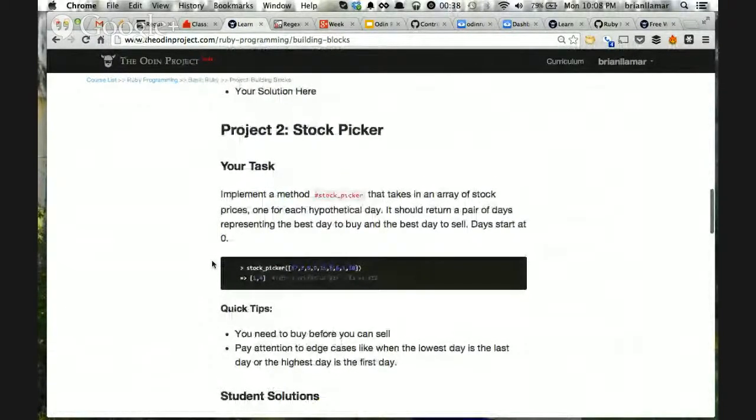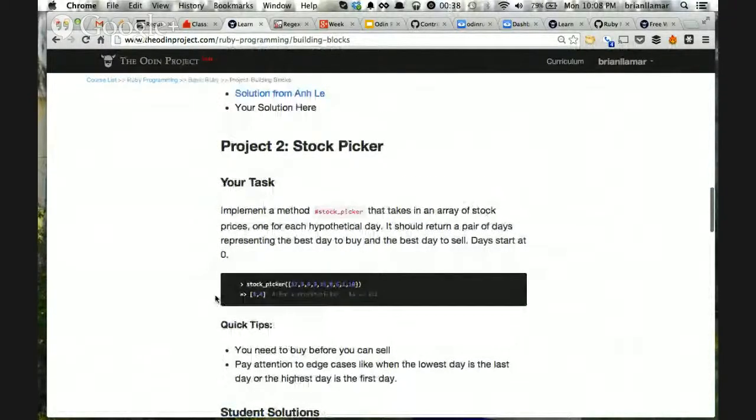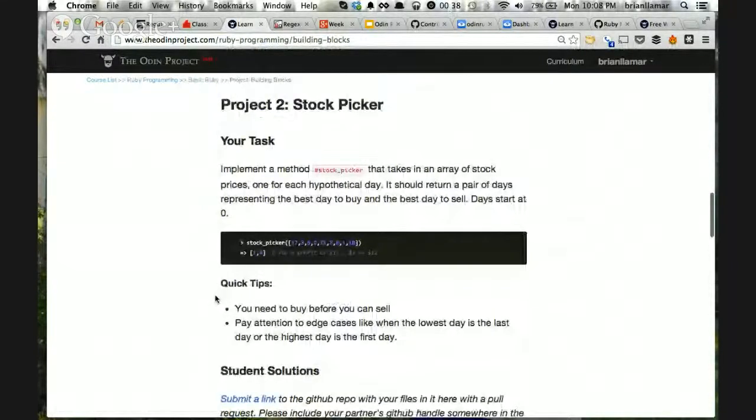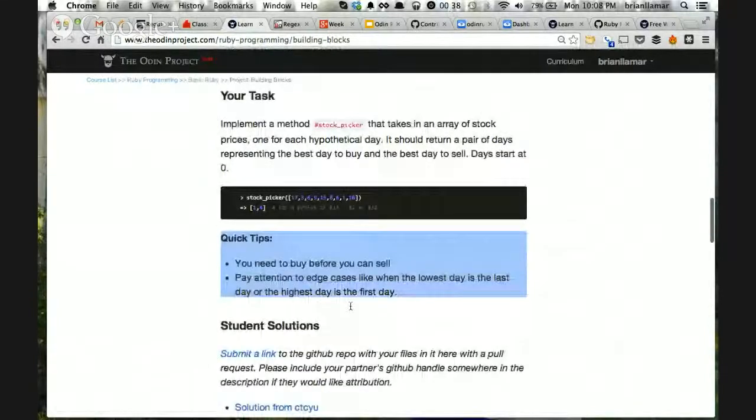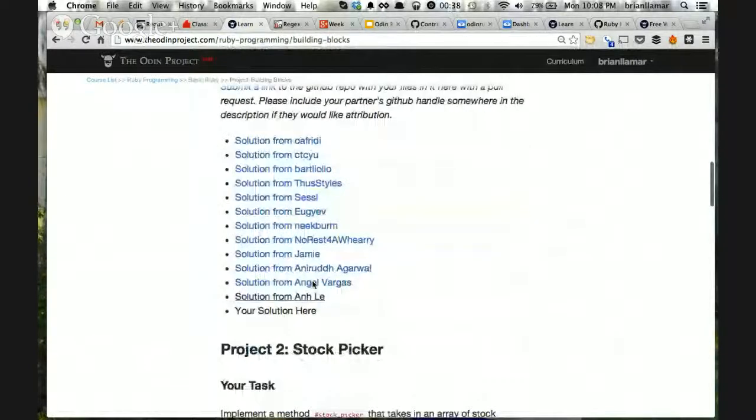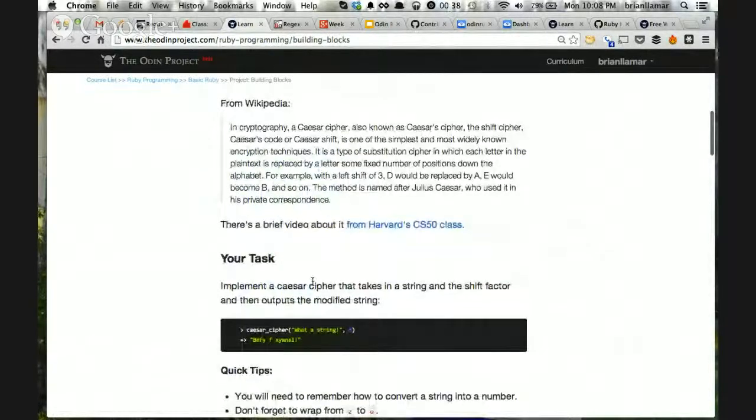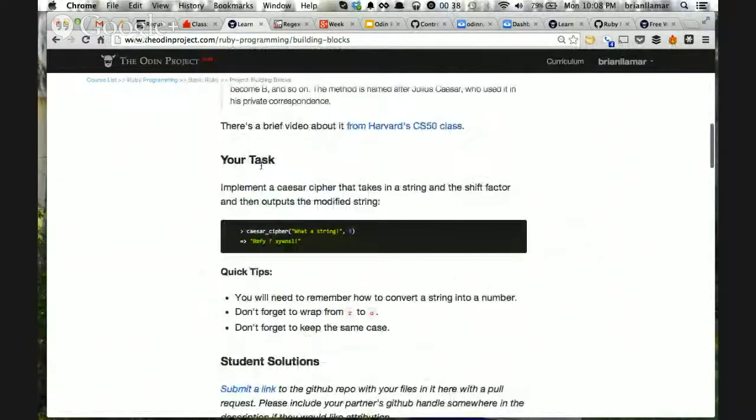The stock picker I'm kind of working on, and approached it way too easily, so now I have to reconfigure what I need to do because I did not take into account some of these quick tips. And this one I haven't even read through to see how to start it yet. But going back to the transcript,